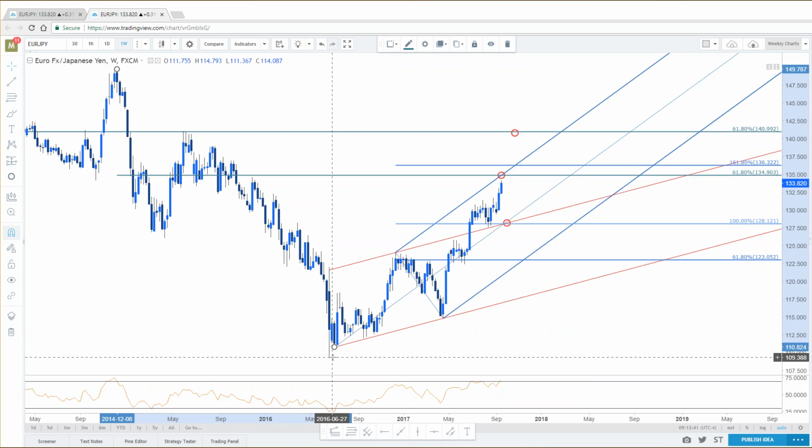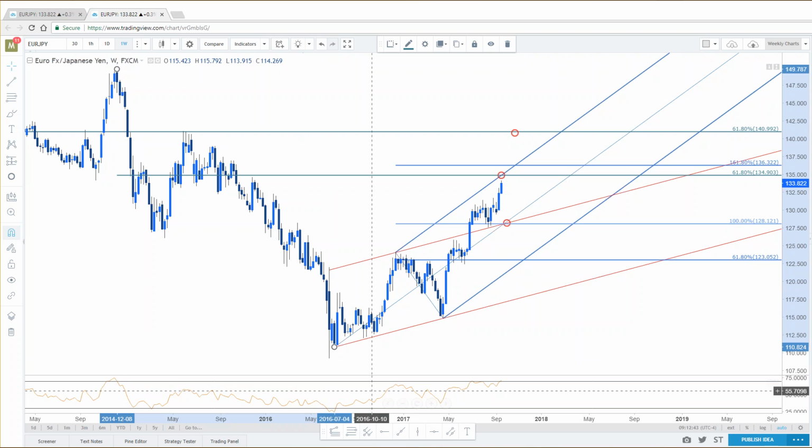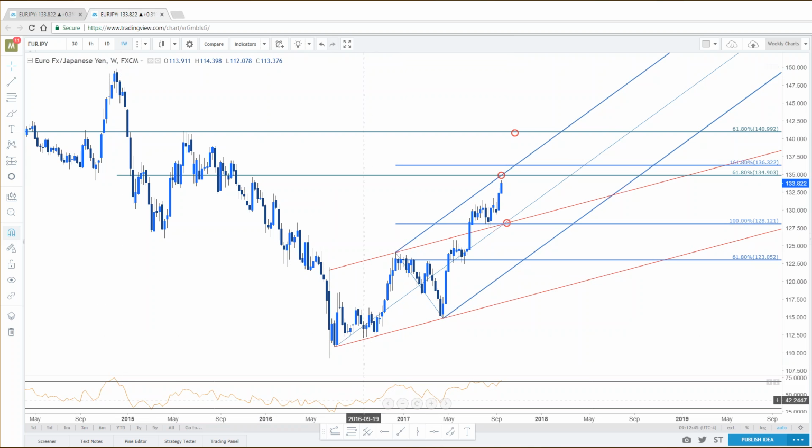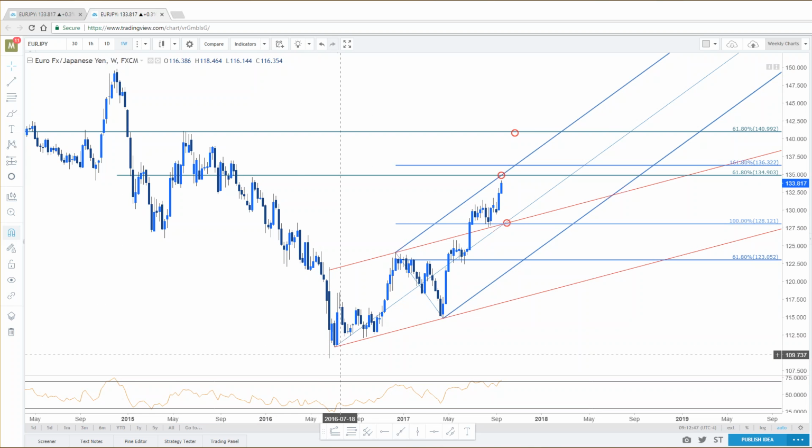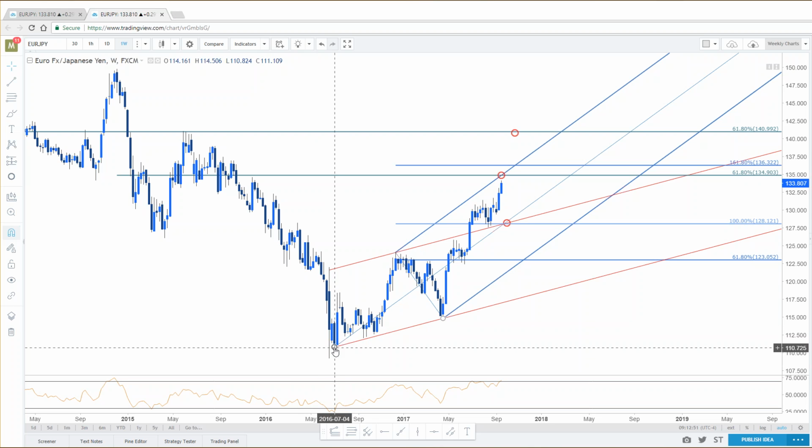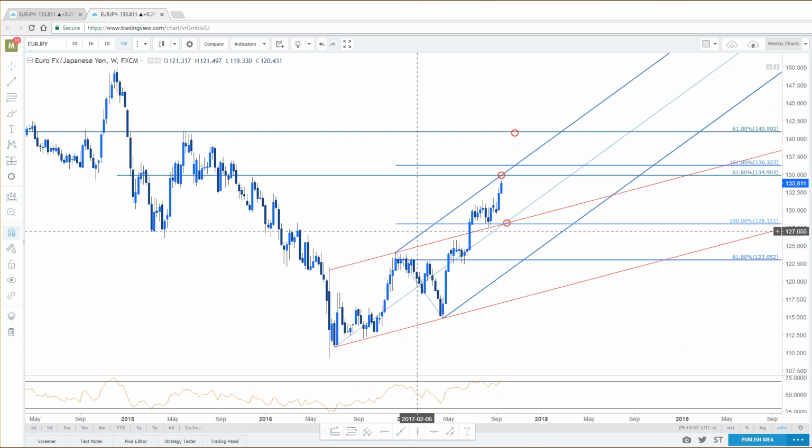So my long story short is you'll always hear me say that if there's a real big emotional market move, I like to use another low. And here's the 618 off this. That converges on the upper parallel basically next week and this week around 134.90.